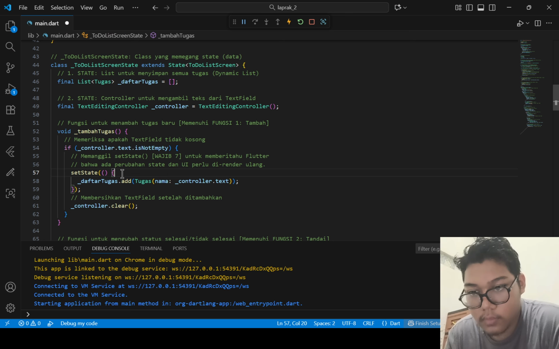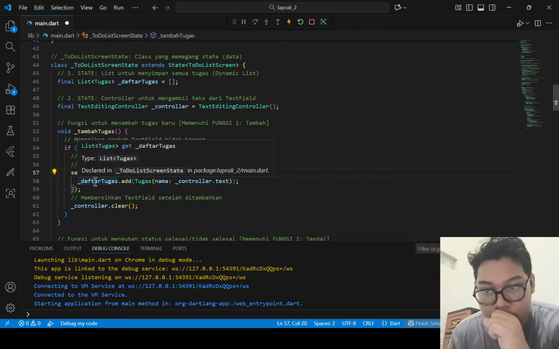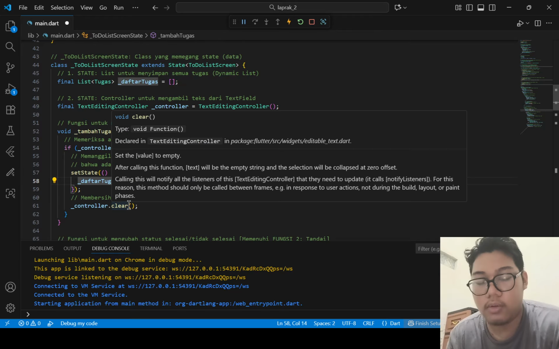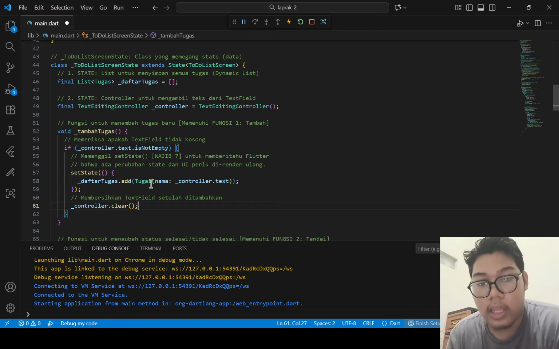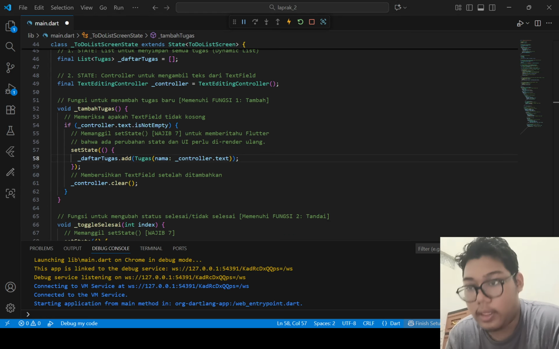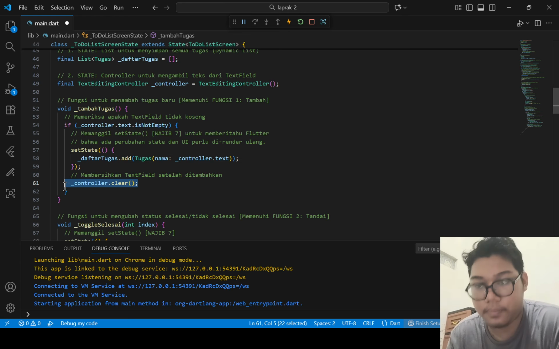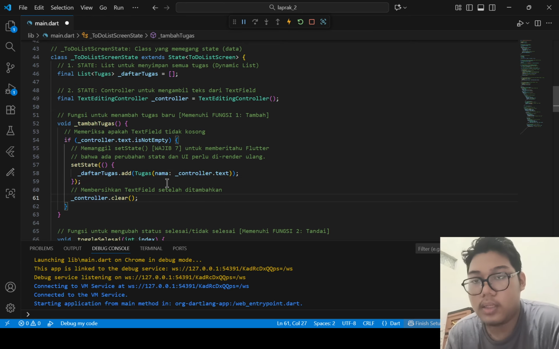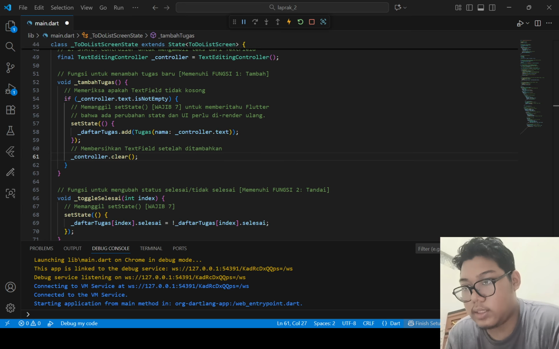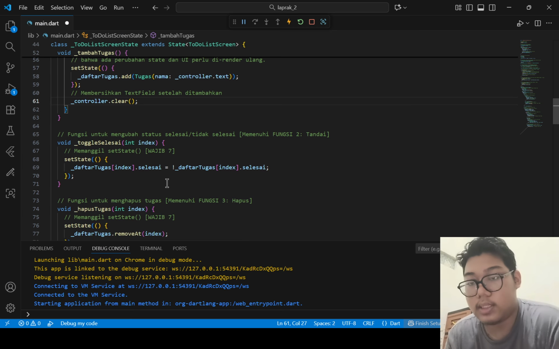If it is not empty, this daftar tugas list will be added with the new task from the controller of the text field. Okay. Finally, it will clear the text field controller. That's for tambah tugas. Next is toggle selesai.